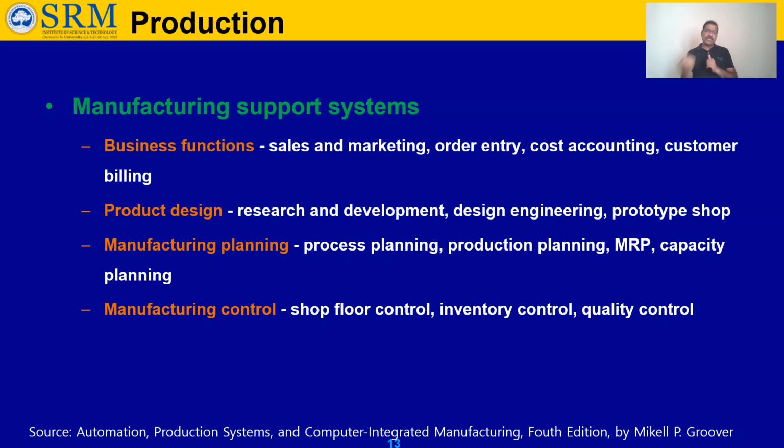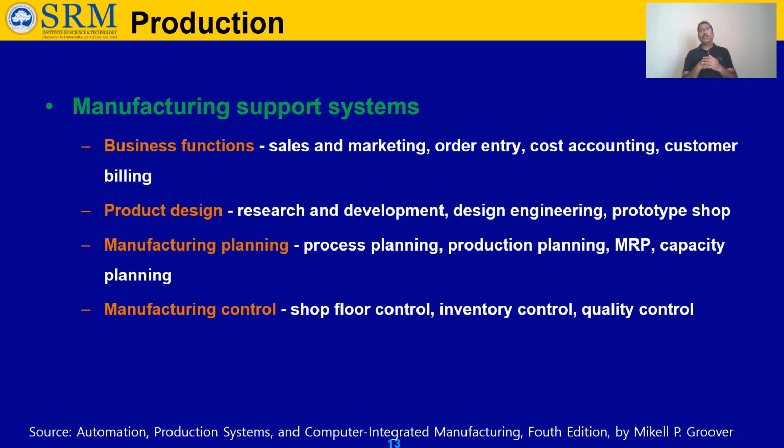Then this team will come back to the industry and give their opinion. They will say, okay, this is the view or recommendation by the customer. Then order entry, how much is needed, and cost accounting. If they do the sales, then everything will be accounted for properly. So the business function team will be the main one. They get the information from the customers, from the real world, and communicate it to the industry.